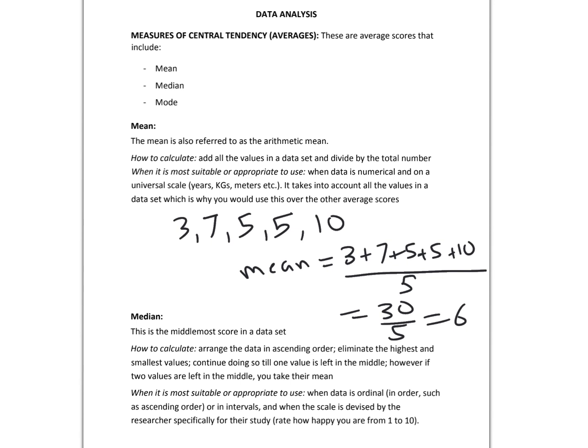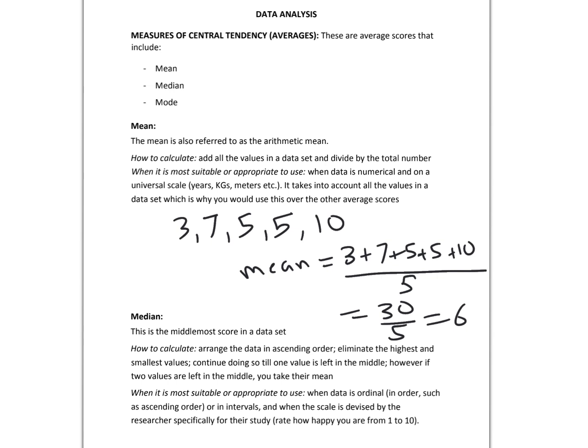Similarly, for height, it is feet or meters. For weight, it could be pounds or kg. So these are all units that are in a way accepted by everyone all over the world. So when we say that data is on a universal scale, we're talking about data that is in units that is accepted pretty much everywhere. And it's numerical data. So all you would have to simply do is if this exact same question comes and they ask you why was the mean calculated, you would simply say because the data was on a universal scale and because the data was numerical and it takes into account all values of a data